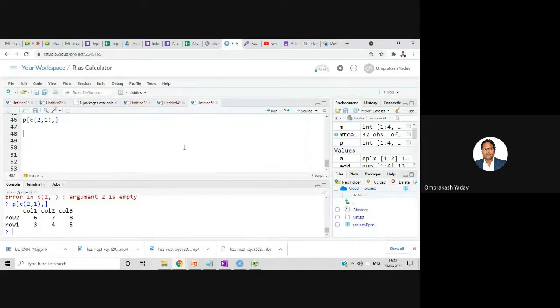So let's say we are having one matrix, and this is 3, let's say 3 and 9, minus 1, let's take 4, let's take 6, and row, we'll say 2,